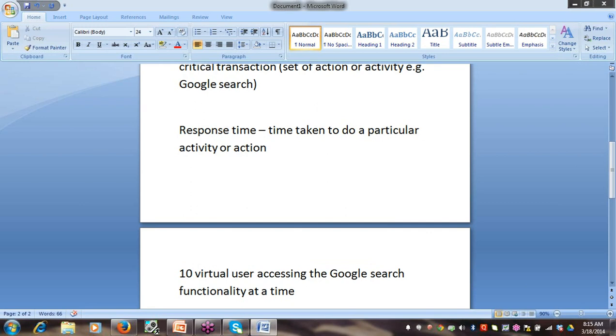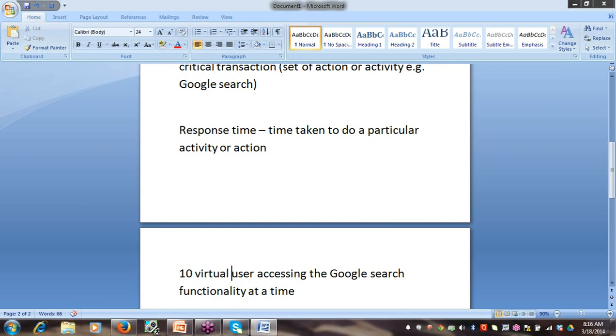We are doing this through a performance testing tool, in which we generate virtual users to put the load on the application. So always the term is virtual users in performance testing.